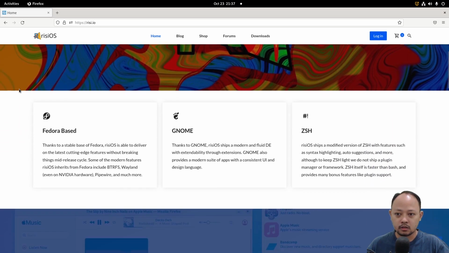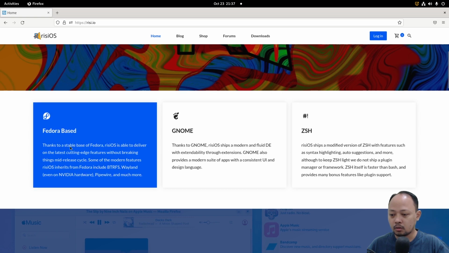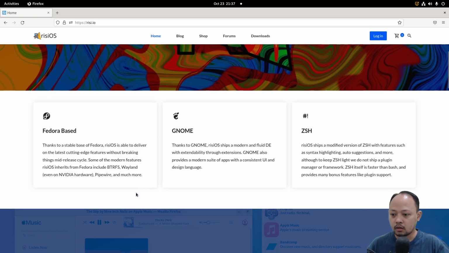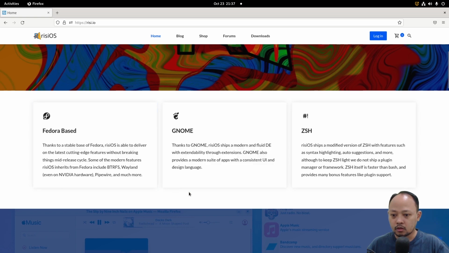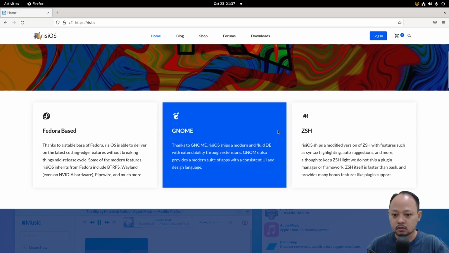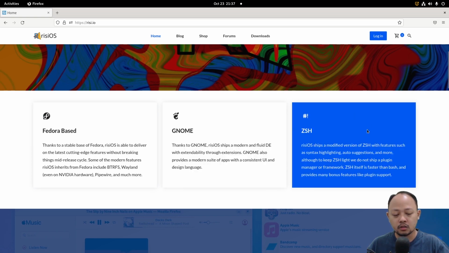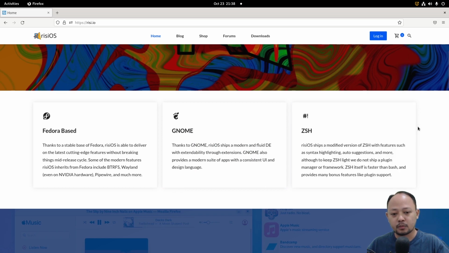Okay, on this home page we can see that RisiOS is Fedora based, and after that, RisiOS uses the GNOME desktop environment, and for the terminal RisiOS uses ZSH.